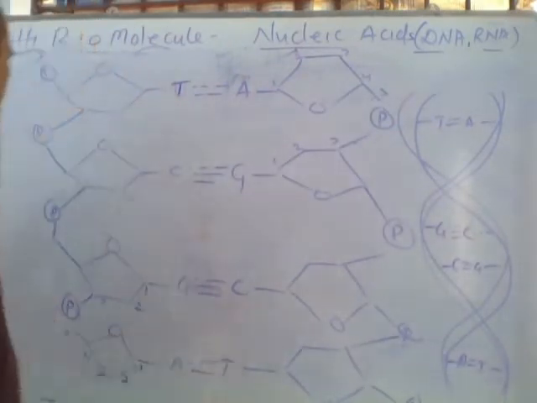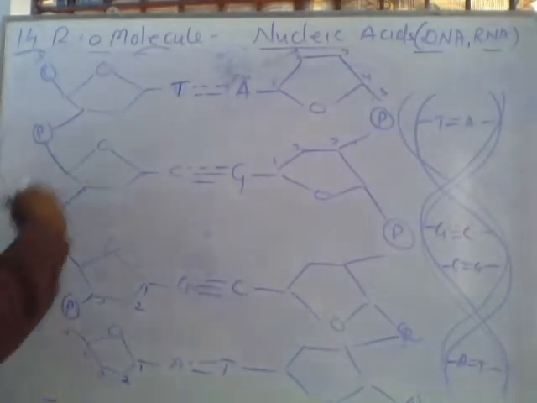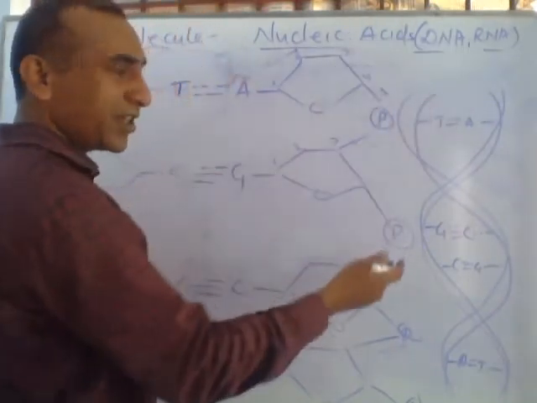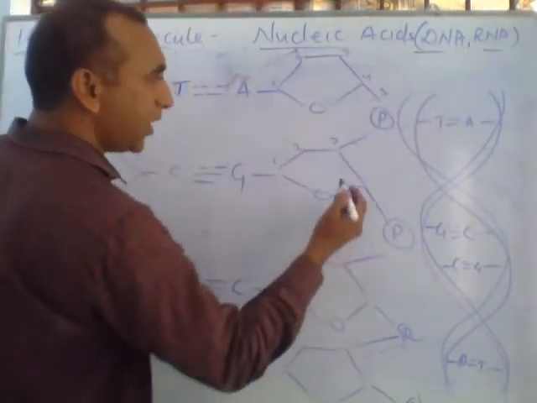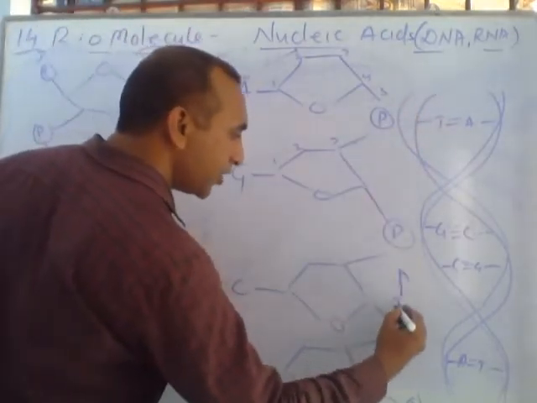Here this fifth carbon joined with third carbon with the help of phosphodiester bond. So here this strand is called 5 to 3 bonding. Means from start fifth carbon to third, fifth to third, fifth to third. Again here bonding is just reverse. Reverse means we can say this is third but this is fifth. So this type of bonding here is called 3 to 5.